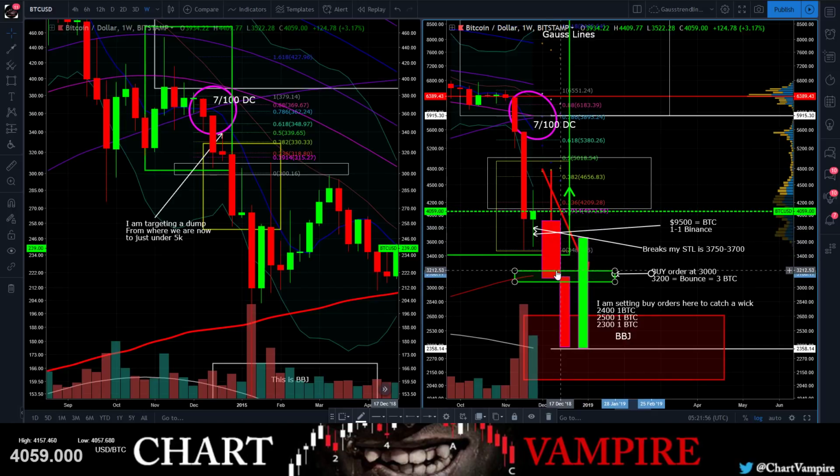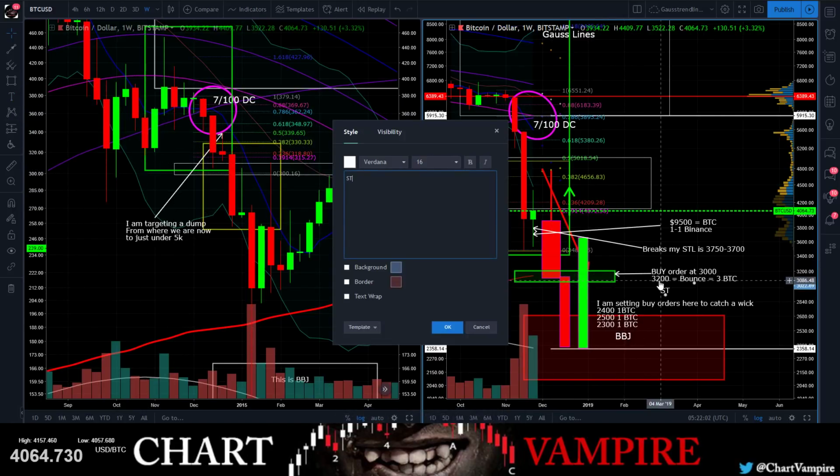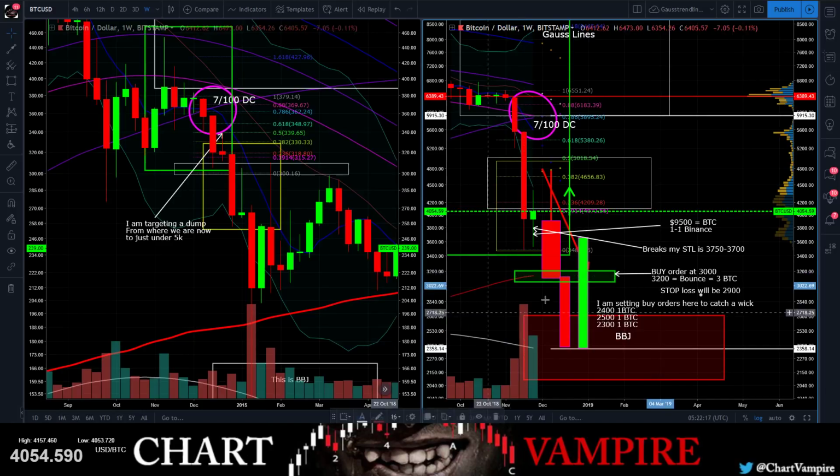And then if this breaks, I'll set my stop loss order. I'm going to have to set my stop loss order at 2,900, right? So my stop loss will have to be at 2,900 to liquidate out this trade right here, because